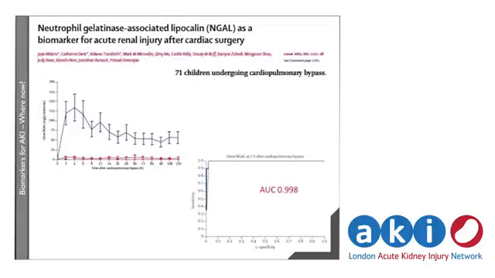And actually what they haven't told you is whether you could have just gone and looked at the children and said, look, this kid's obviously going to get acute kidney injury, and this kid sailed through their relatively small closure of a PFO or something like that, I don't know, and they're very low risk of acute injury. But nevertheless, this looked brilliant because it's the first publication, it got into the Lancet.